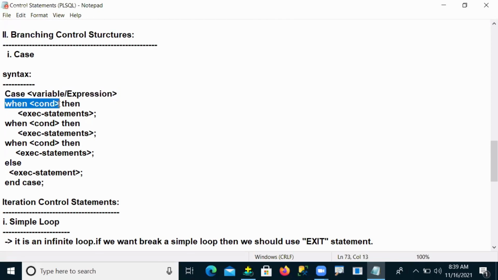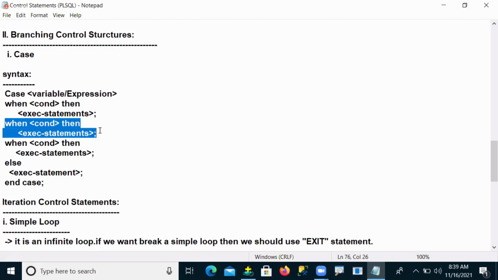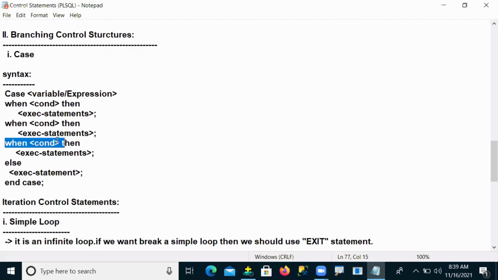When the first condition is true, then the statements are executed. If the first condition is false, then it checks the second condition. If this condition is true, then execute the statements. If this is also false, then come to the next condition. If this condition is true, execute the statements. If this condition is also false, next it will go to the else part, end of the statement. So the conditions are checked one by one only.